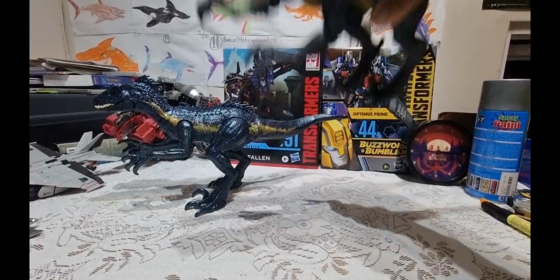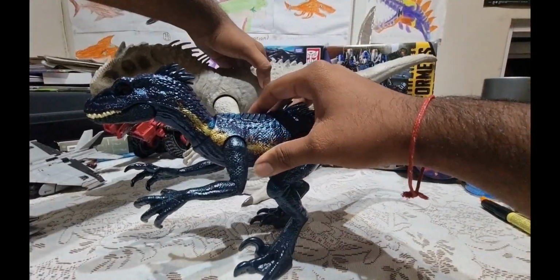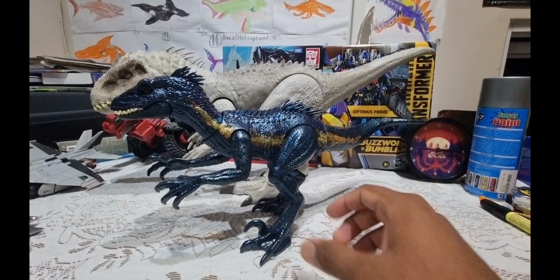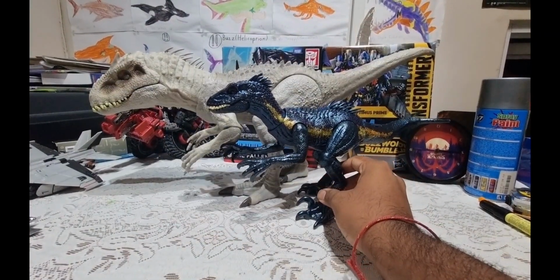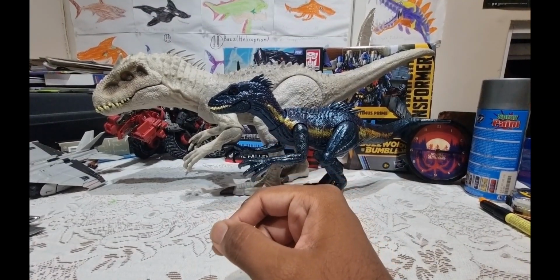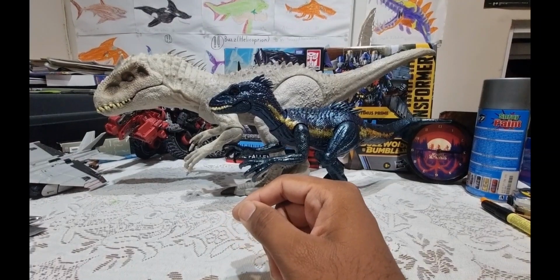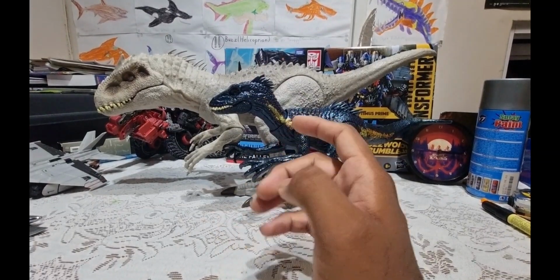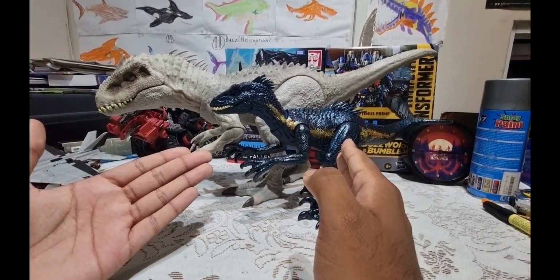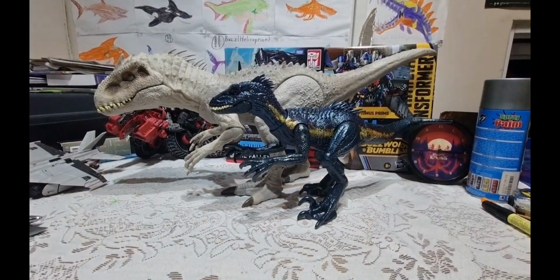Here he is with Indominus Rex. You can see, I really love that. I think that is so beautiful, honestly. And if you showed me four years ago that I would have an Indominus Rex and an Indoraptor, I would have called you crazy, because that is...